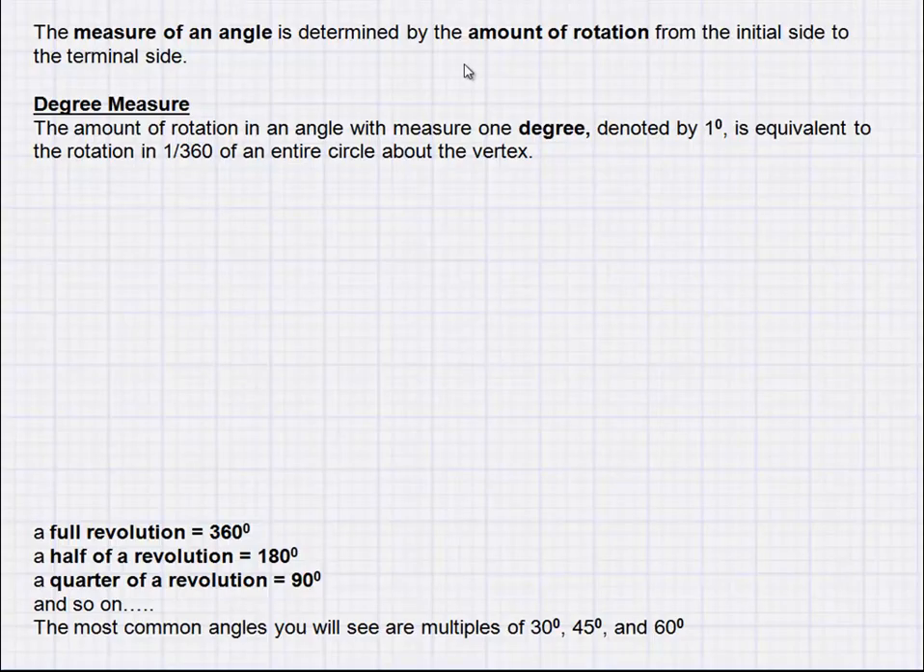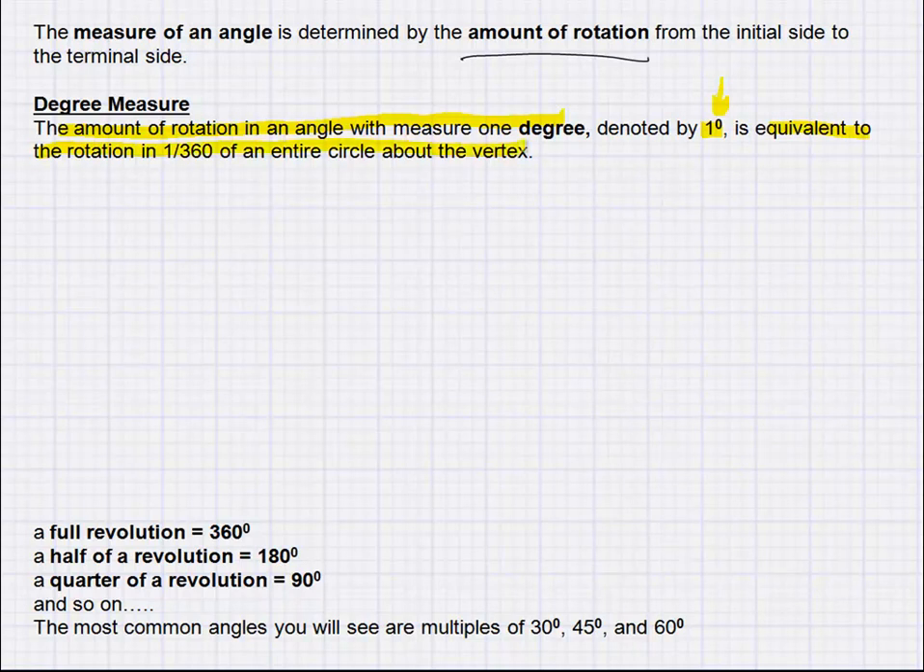So as I said a second ago, the measure of an angle is determined by the amount of rotation from the initial side to the terminal side. Now we can measure that rotation in two primary ways, in degrees and in radians. So we'll look at degrees first. The definition of a degree is the amount of rotation in an angle with the measure of 1 degree, denoted by this 1 degree, this little symbol right here is your degree symbol, is equivalent to the rotation of 1/360th